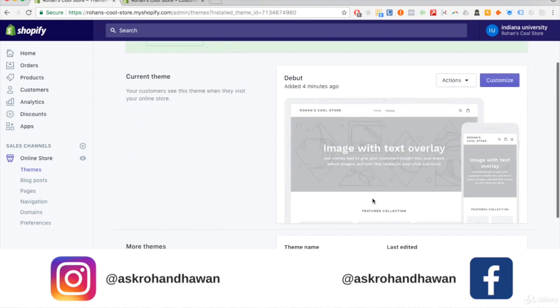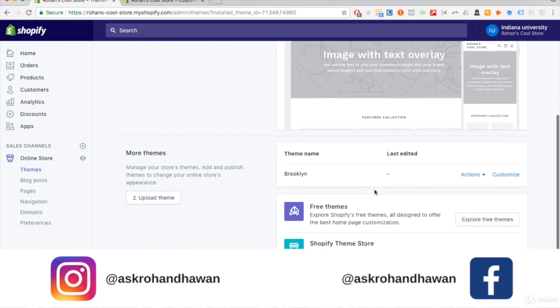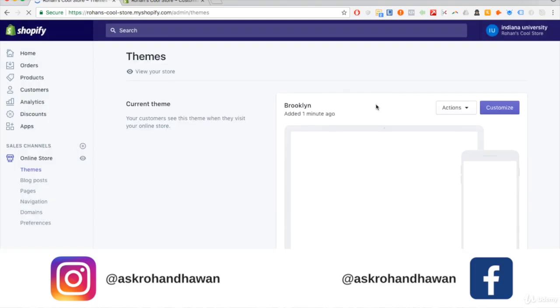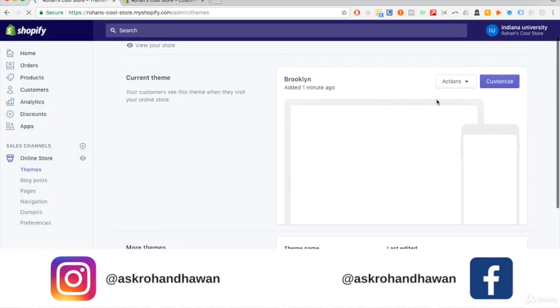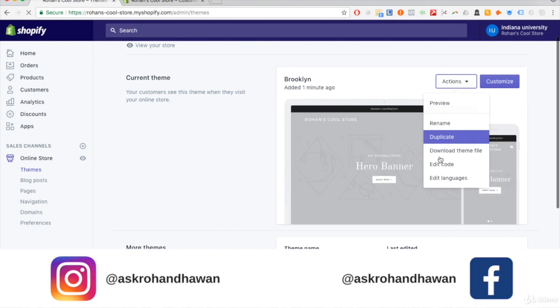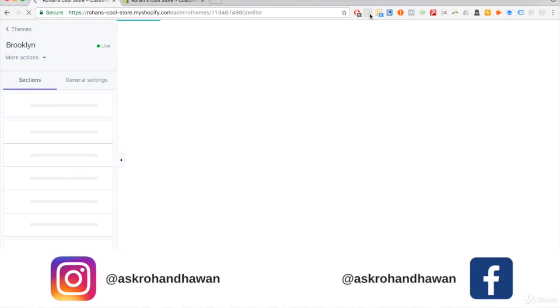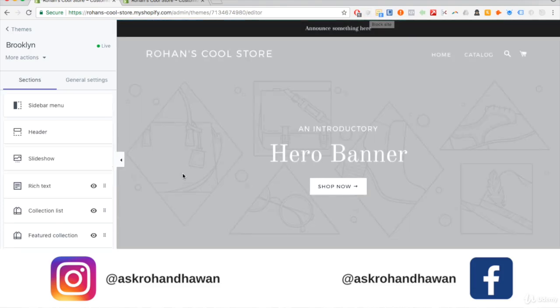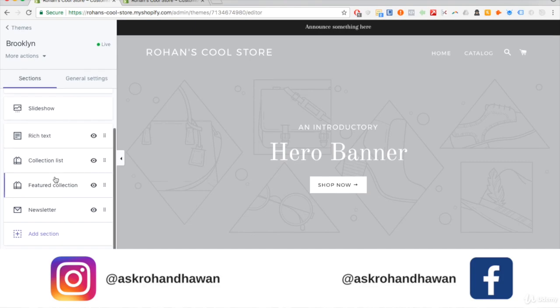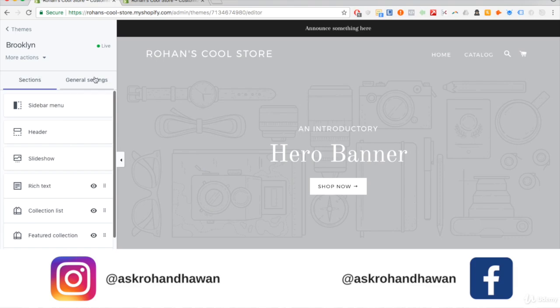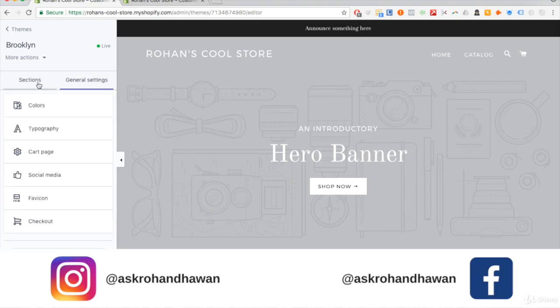Okay, so once you've installed the theme, click on action and click on publish. Okay, it doesn't matter right now because nobody is visiting your website and it's not live. But in the future, if your website is live, just don't publish it without customizing it. Okay, so after that, just click on customize, and you will see that Shopify has a lot of options for you to edit. Now, I won't be spending a lot of time to make this theme look super cool and everything, but of course,